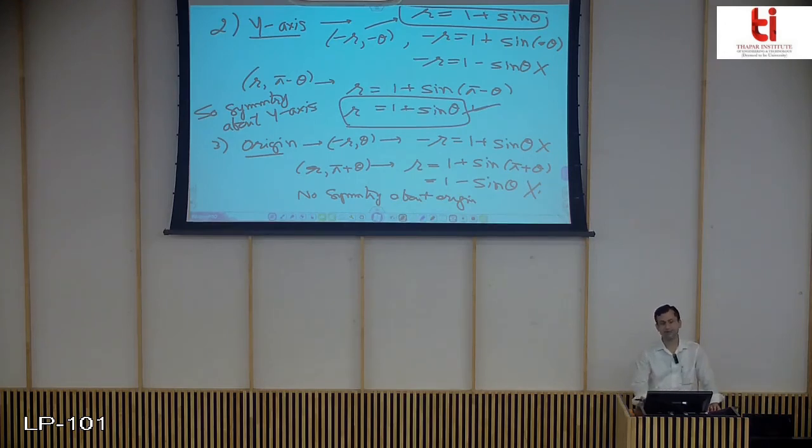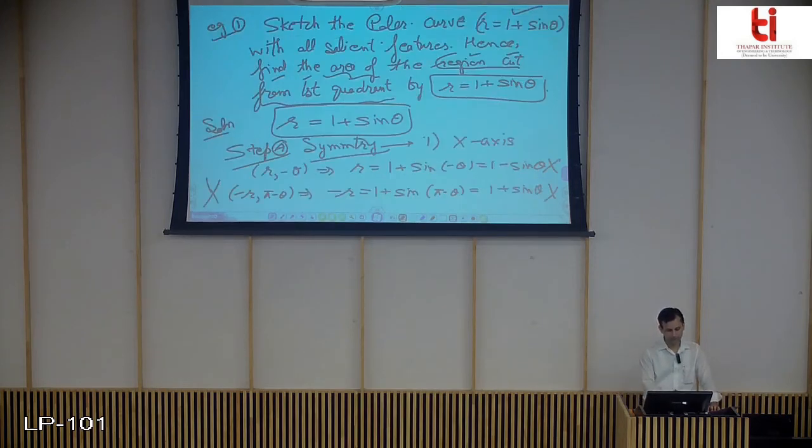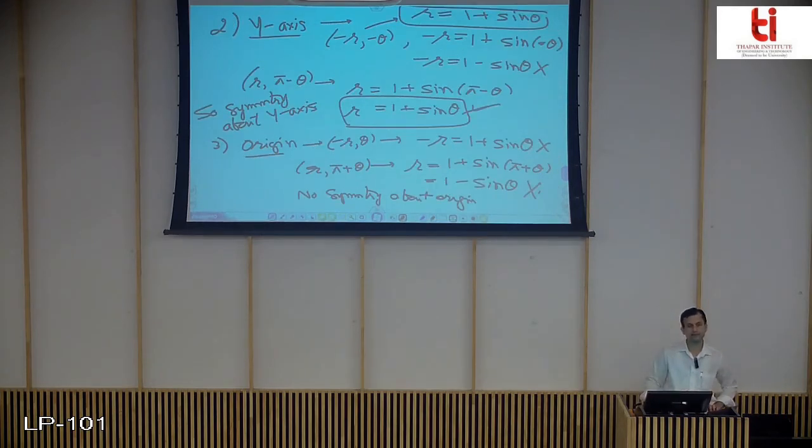Say if we had by mistake concluded that the x-axis is also symmetrical and the y-axis is also symmetrical, then in the case of the origin, which is correctly not symmetrical, it would point out that we have made some mistake either in checking the symmetry about the x-axis, or in checking the symmetry about the y-axis. So we must be careful about these points.